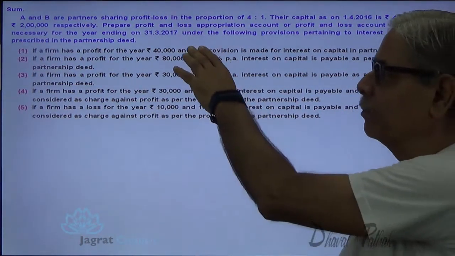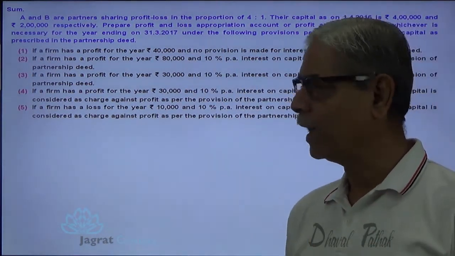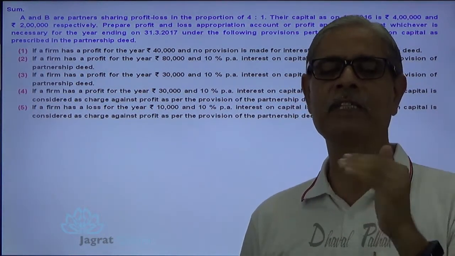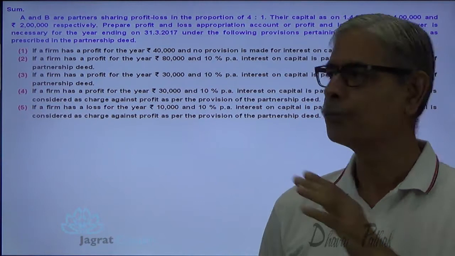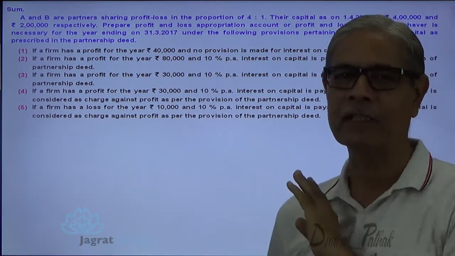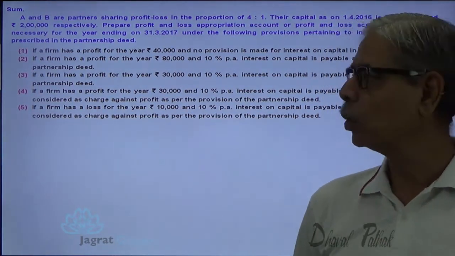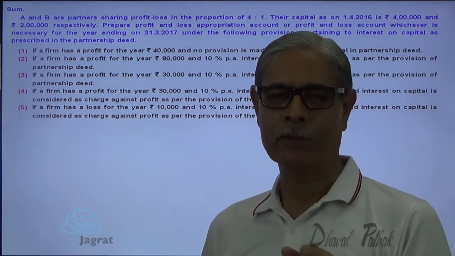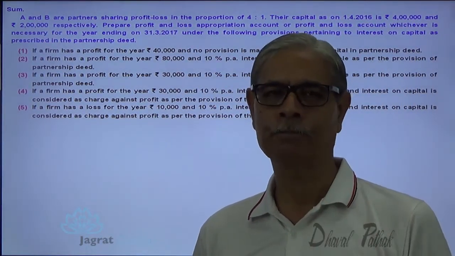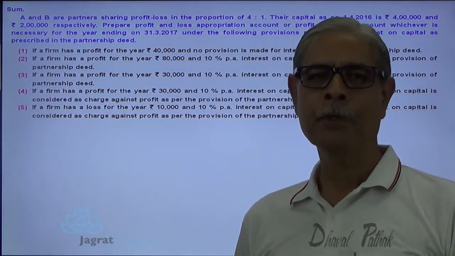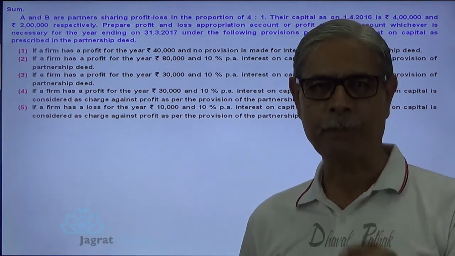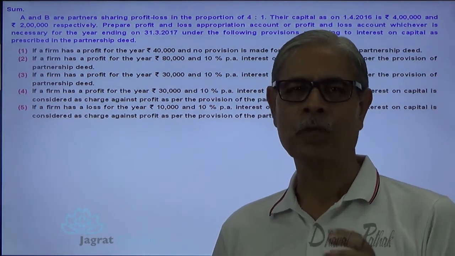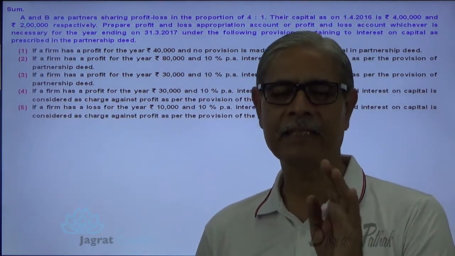So this 1, 2, 3, 4, 5 are the options. If 1 is there, then 2, 3, 4, 5 are not there. If 2 is there, then 1, 3, 4, 5 are not there. They are not one objective question. They are actually 5 sums. 5 options I am going to work out, wherein my interest is to explain to you how to account for interest on capital in partnership accounting as instructed in